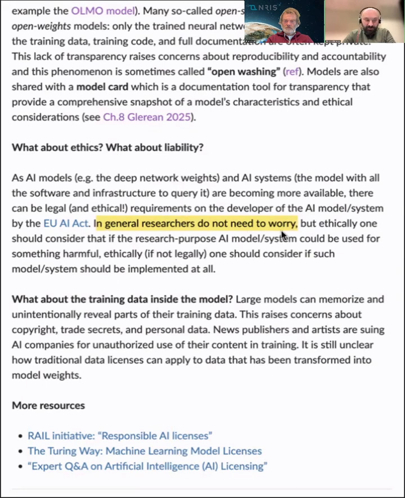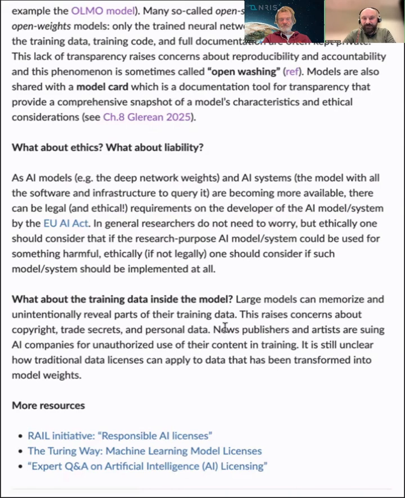If you're building a model that, I don't know, is for operating some drone machine gun automatically, do you really need to do that? Can you do something else with your clever brain? Of course, you are the judge and your community is the judge of what is good and what is wrong. But in general, researchers have the freedom, even under the EU AI Act, to explore what they want.